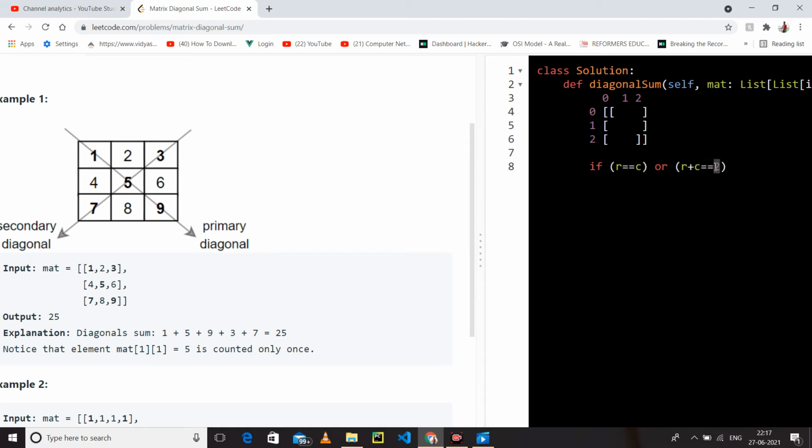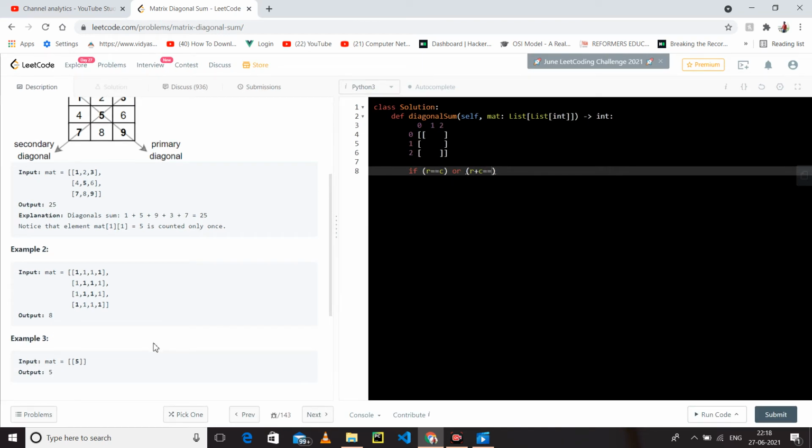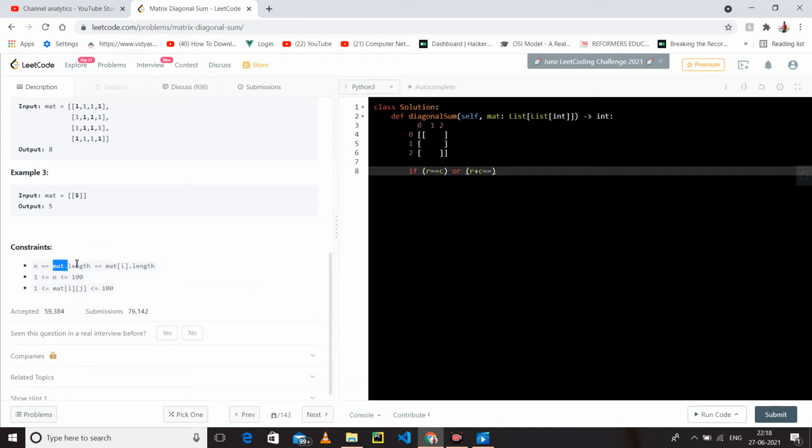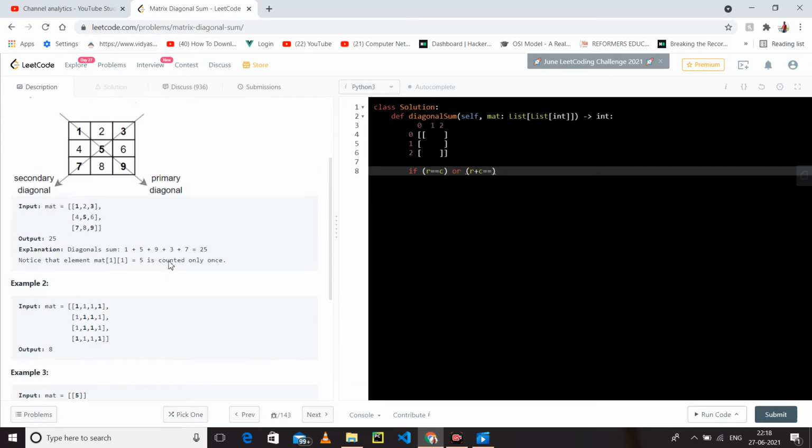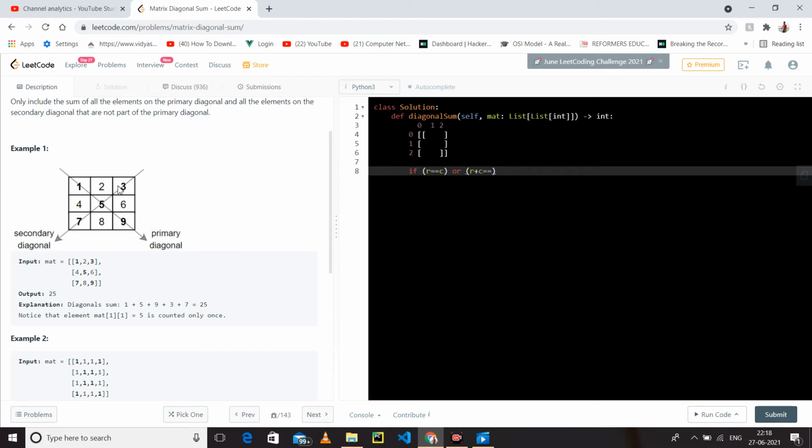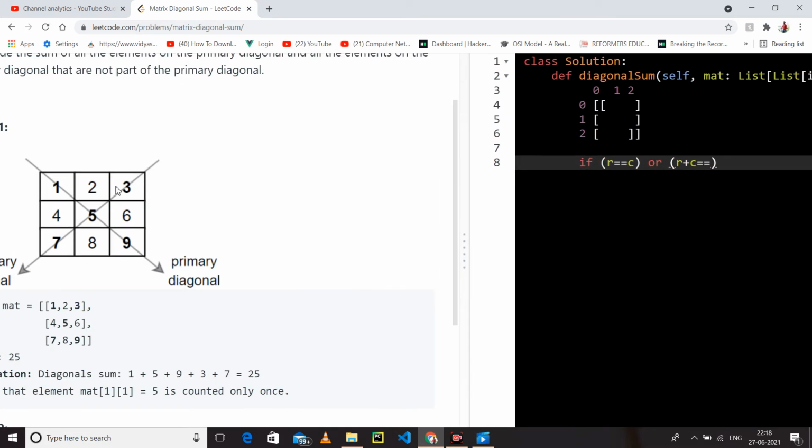So what we can say is that in this our row is equal to column, meaning n cross m. If our n is row, m is column, so both these are equal. This is an m cross n matrix. If our m is 4, then n is also 4. That means if our r plus c equals m minus 1, m minus 1 what?